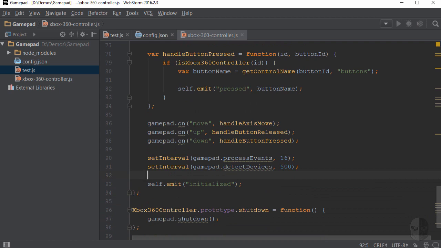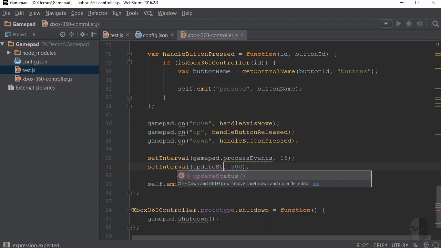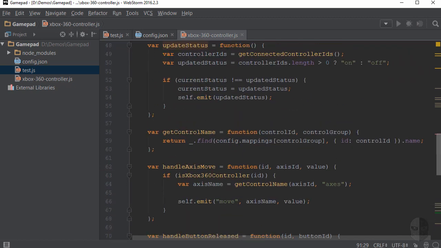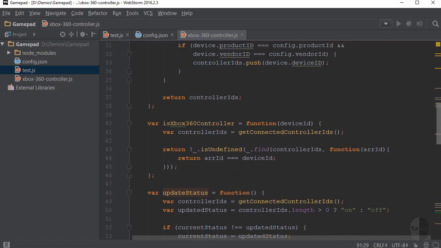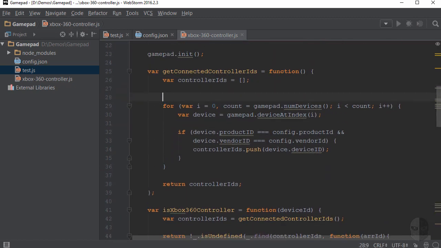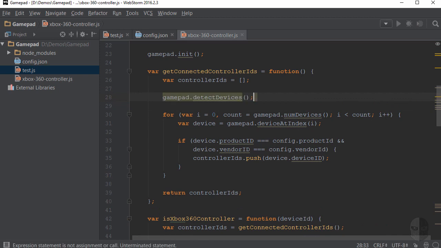Now currently I have two setInterval calls in place. The first one checks for new events fired by the controllers, and the second one checks for connected and disconnected devices. Now rather than adding a third setInterval call, I'm actually just going to cut out the gamepad.detectDevices call, drop in a call to updateStatus, and then paste the detectDevices call inside of the getConnectedControllerIDs function. With this change, the detectDevices call is still going to be made every half a second since the new updateStatus